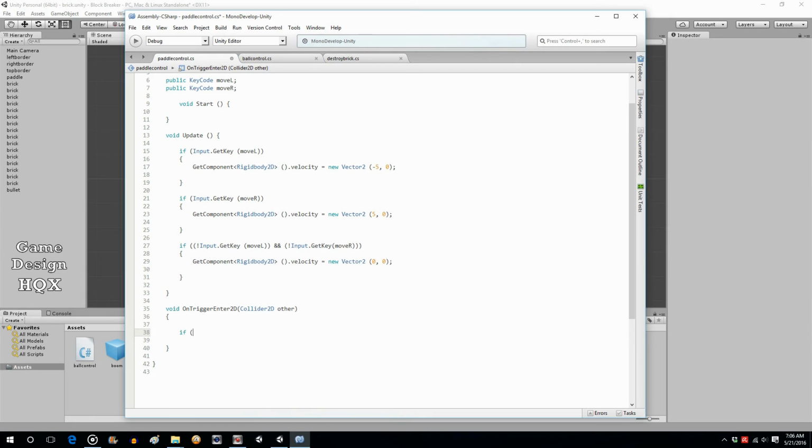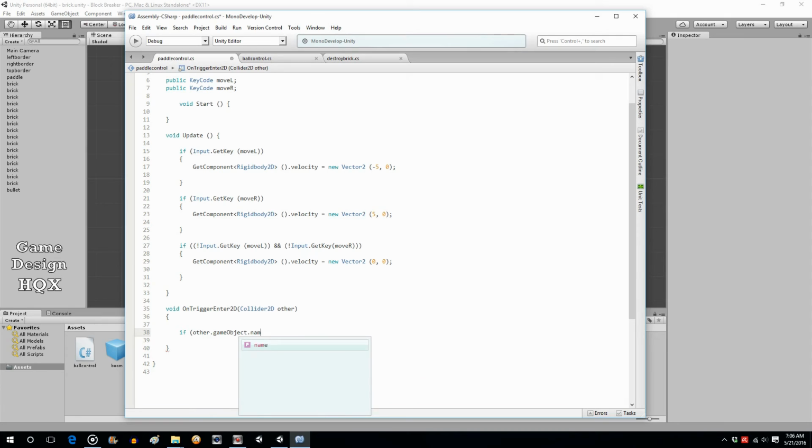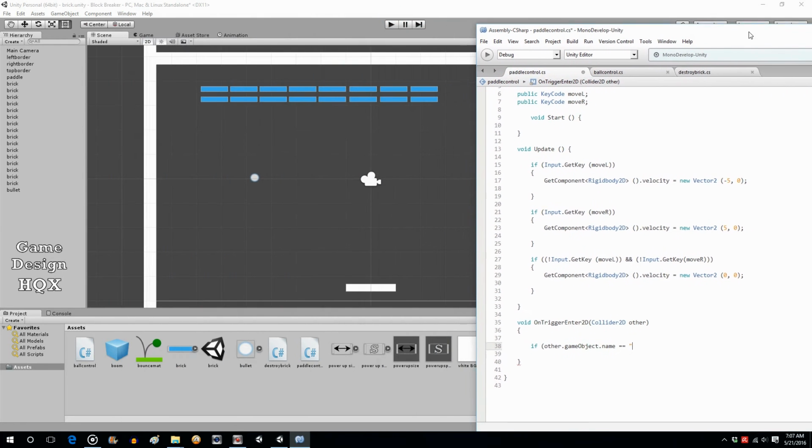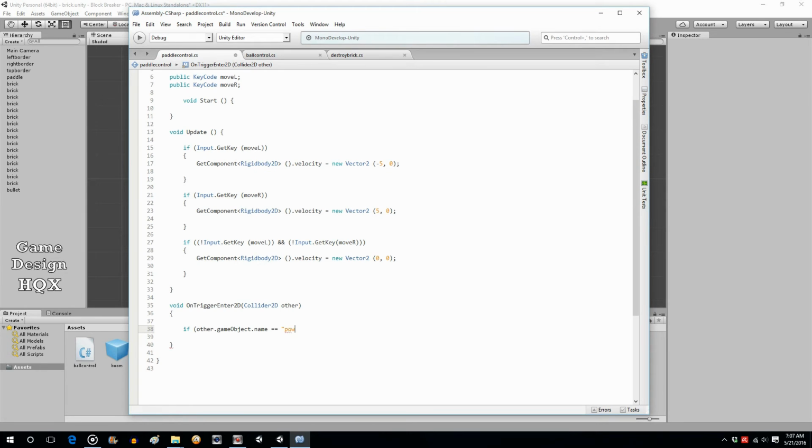So if other dot gameObject dot name equals, and it is, power up size or power up speed. So power up size, but because it's a prefab, the word clone in parentheses will be appended to it when it gets instantiated. So if the other object that it collides with is power up size,